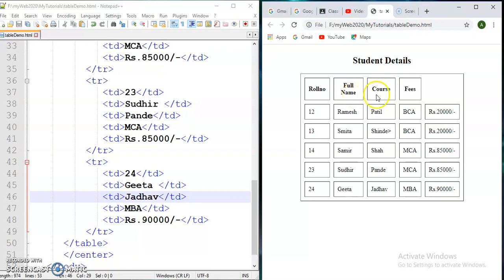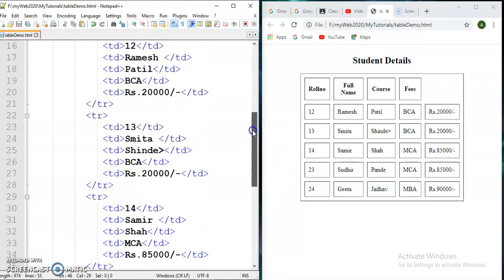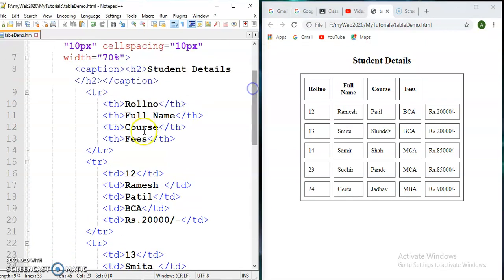Means I want to merge these two columns and say the header full name. So find out where is the full name. Here is the full name, and I want this full name data by merging two columns.